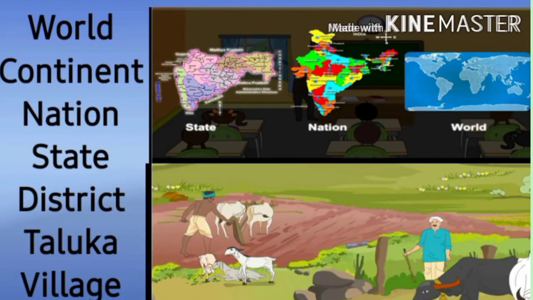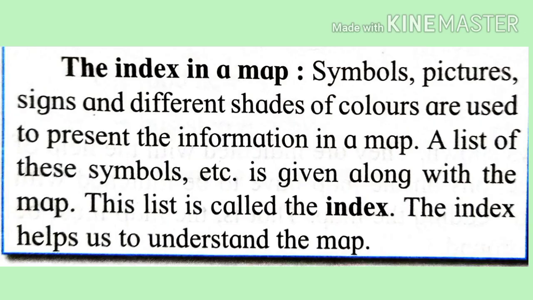The smallest portion where we live is called as a village. When many villages join together, taluka has been formed. Many talukas when joined together, district will form. Many districts come together and then state will form, and when many states join together, nation, that is country, has been formed. We are living in the country and name of country is India. When many such nations join together, continents have been formed. There are 7 continents in our world.